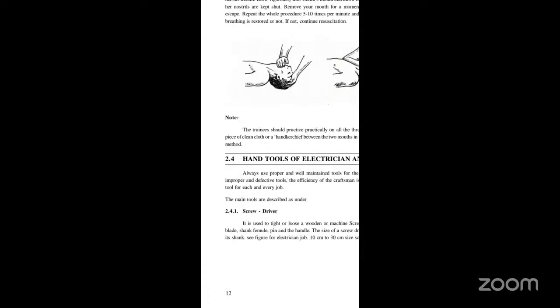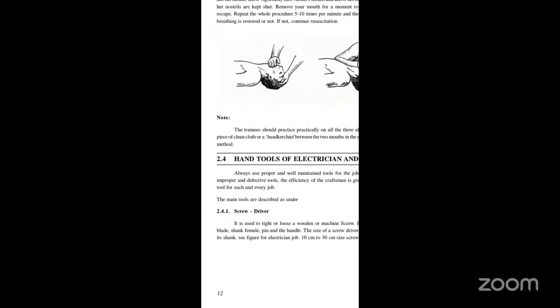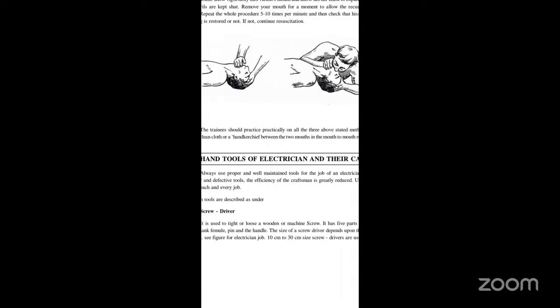By using improper and defective tools, the efficiency of the craftsman is greatly reduced. Use a proper tool for each and every job. The main tools are described as under. First one is the screwdriver. It is used to tighten or loosen a wooden or machine screw. It has five parts, namely